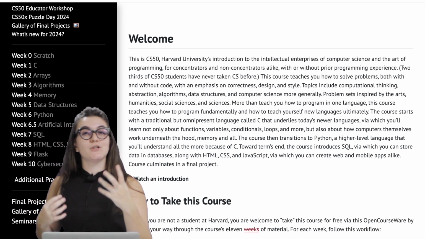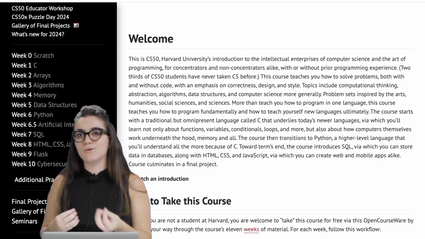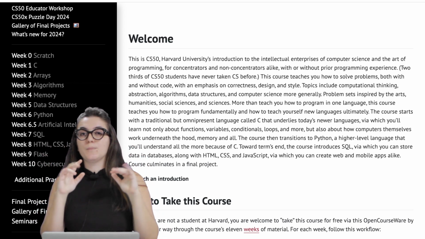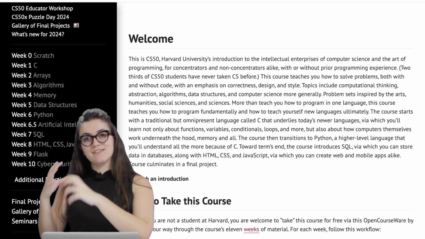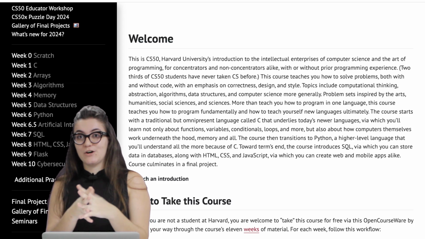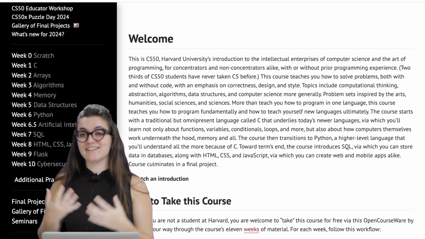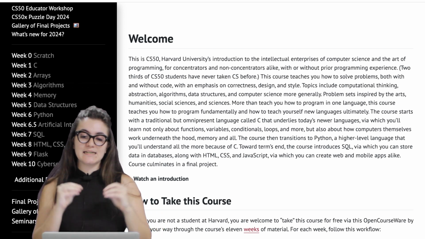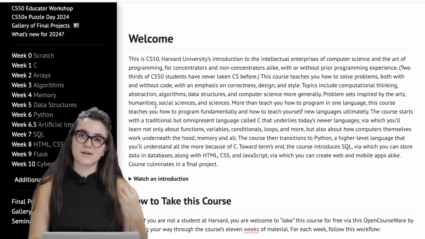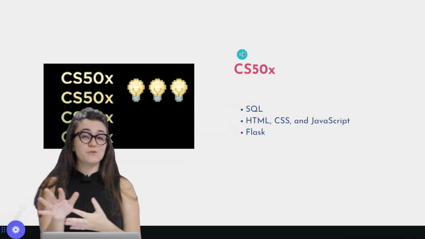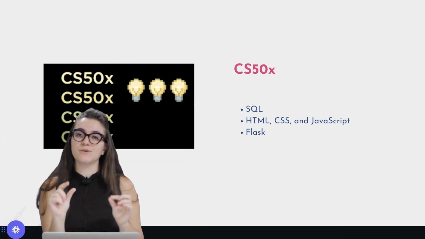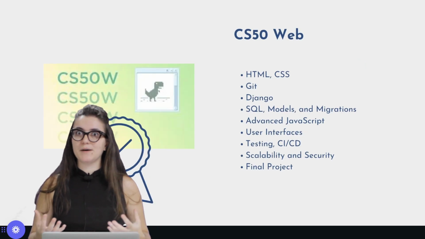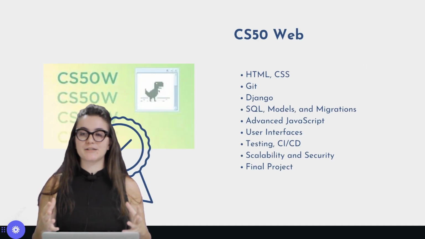So for example, when you log in to an account on Facebook or Google, or, I don't know, Instagram, you have the visual part, but the part where you put your password and your username and the server analyzes whether it's you or not, this is where Flask enters, because it will teach us how to make that logic behind the scenes for a website. Okay, so we're going to be focusing on that. And for this course, you're not going to get a certificate because you're going to do only the last 3 weeks. And finally, you're going to learn CS50 Web, which is the ultimate course for this program,